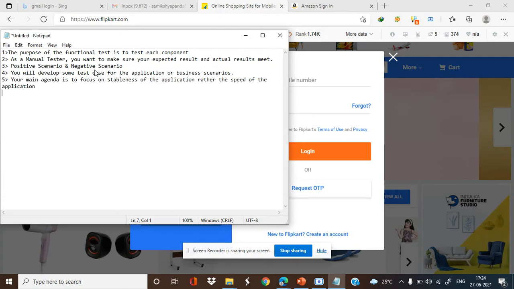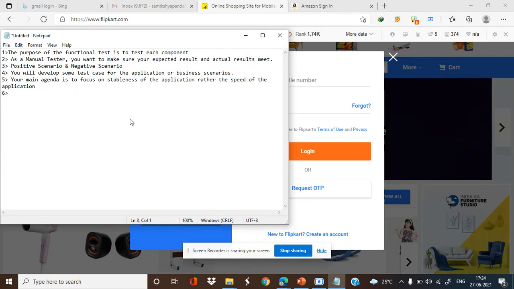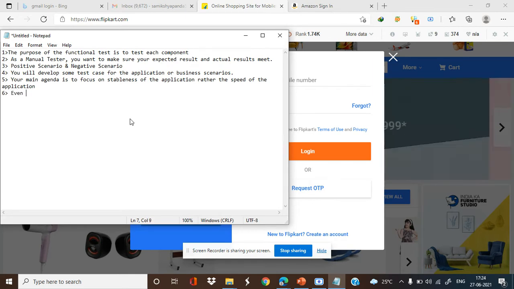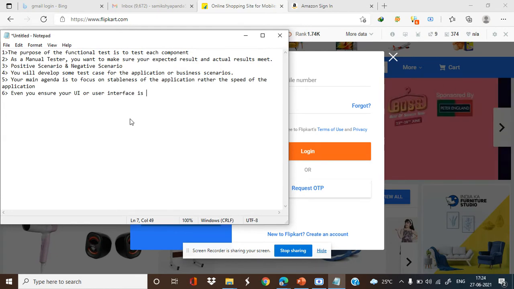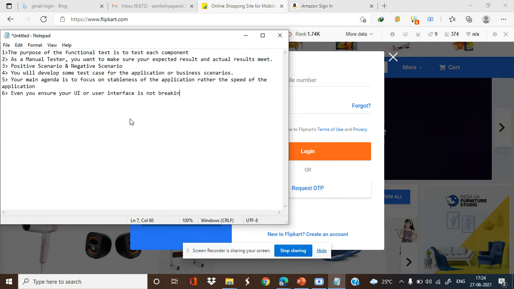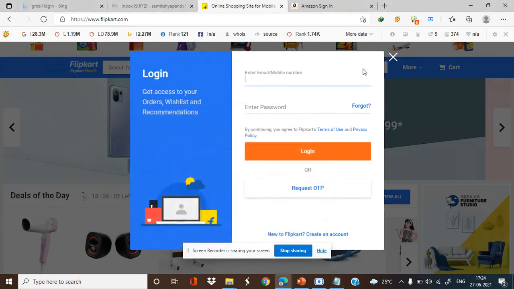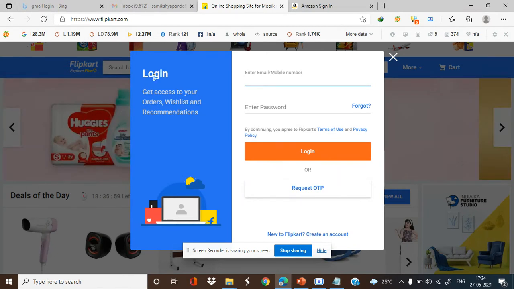As a functional tester, your main agenda is to focus on stableness. You also ensure your UI, or user interface, is not breaking. Suppose there is a glitch, and you find that the login itself is coming up here